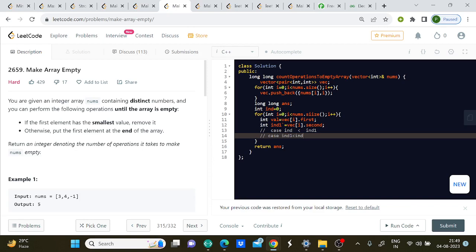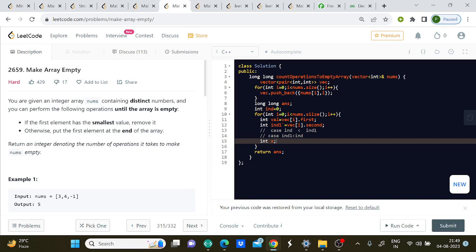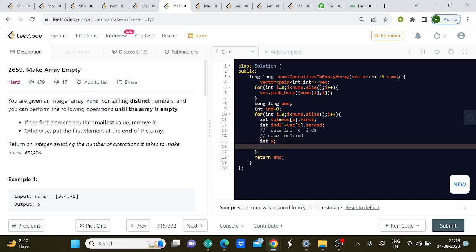So in the first case, how many elements do you have to delete? IND to IND1. There can be a case that some numbers got already deleted in the range IND to IND1. If I know the number of elements present in that range which got deleted, let's say that number is X, then what will be the number of operations you have to do to delete this element IND1? It's nothing but